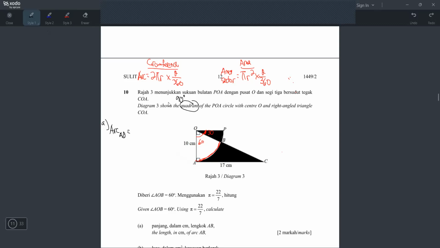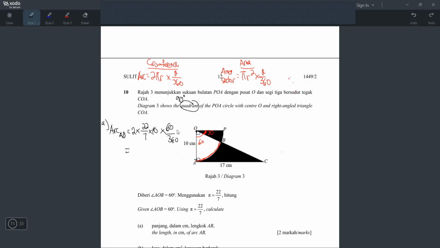So which formula I will use? 2 pi r times angle over 360. 2 times pi. Pi, they already said use 22/7. And then the radius. Okay, if you want to know the radius, just look at the center. The arc punya center. So the arc is here, right? So what is the center? Center is here. So what would be the radius? 10, 10. So that's the answer, 10. And then look at the angle. Angle, also look from the center. 60, not 90, 60. Because the arc is only open until here only. So that's the answer. And then press all this in your calculator, you get the answer. Okay, I will tell you how I will press. 2 times 22 divide 7 times 10 times 60 divide 360.